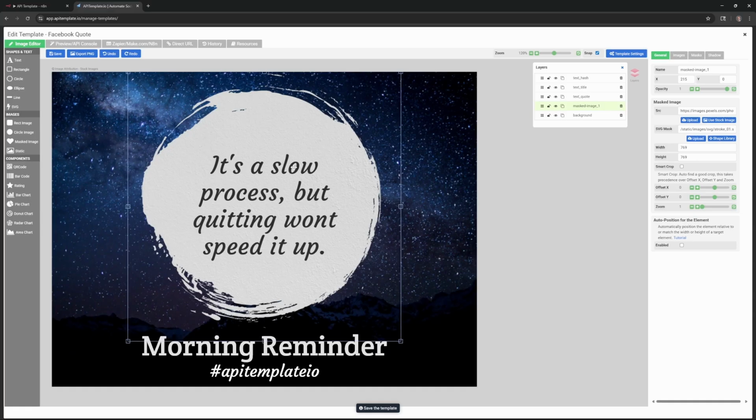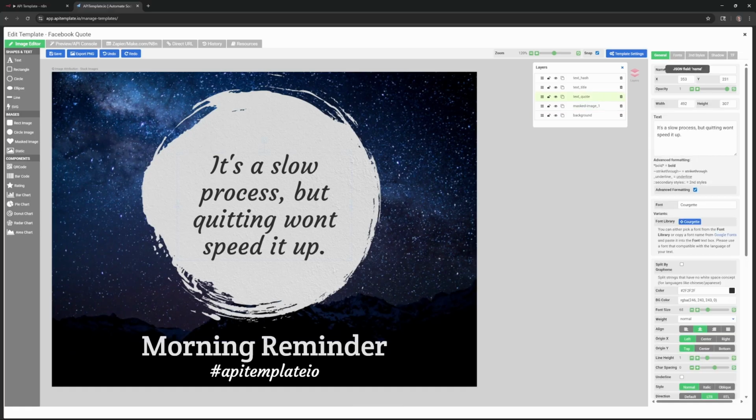What I was talking about before about the layer names. So this name here, and if you hover over any of the fields, you'll see this JSON field name that comes up for every field here. So you can actually use N8N to change any of these values. So like say you want this one to be left aligned, you can choose the text align and set it to left or center or right, for instance.